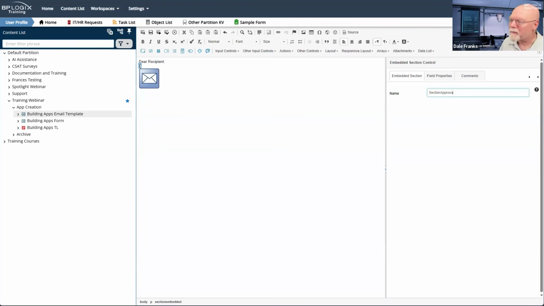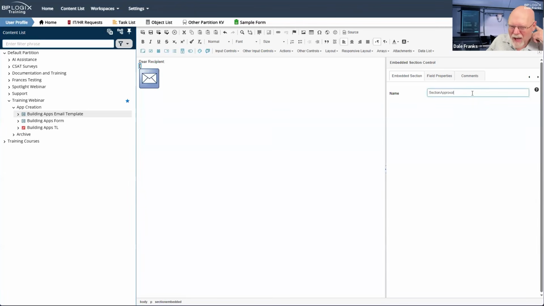I keep turning my caps lock on. So it'd be called section approval. Now, if I do it this way and I name the other one section resubmit and then section final, then all three of these will appear together if they start with the name section. It's just a personal thing, but I find it easy if I start with the word section for all of my section controls.